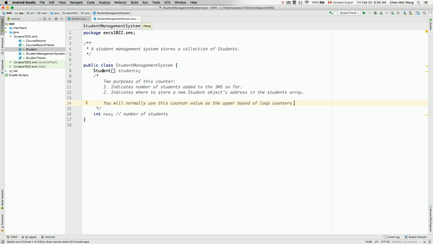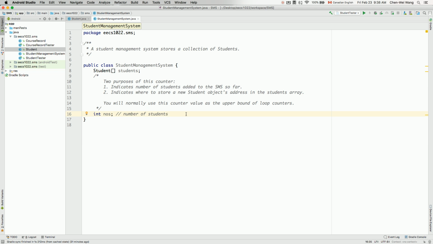Okay, I will mention this again very briefly, but this is also explained in the previous video. So usually for the upper bound for any for loop that will iterate through the array of students, you will actually use, for example, integer I as a loop counter, I strictly less than this dot NOS,